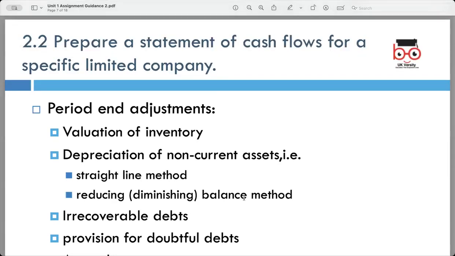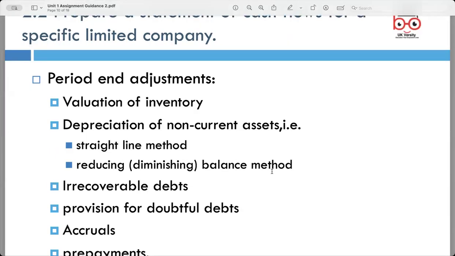This statement summarizes the cash inflows and outflows during a specific period and helps stakeholders understand how the company is generating and using cash. To do this effectively, you will incorporate several period-ending adjustments to reflect accurate financial information. Here is a step by step guide on how to prepare the statement. So, the structure of the statement of cash flows,